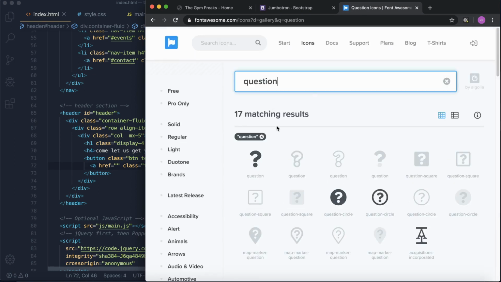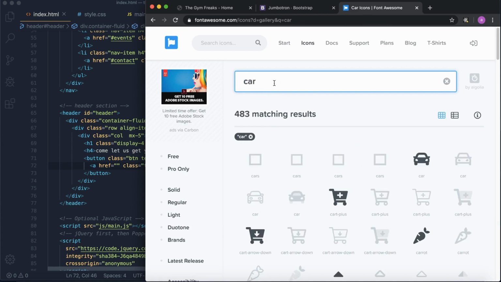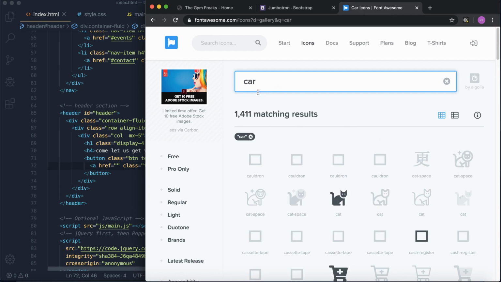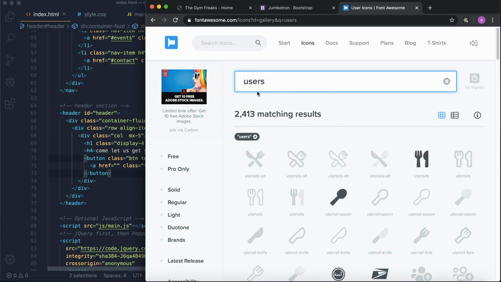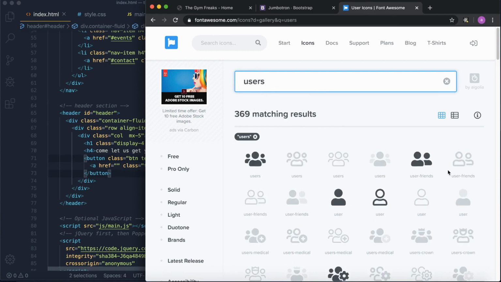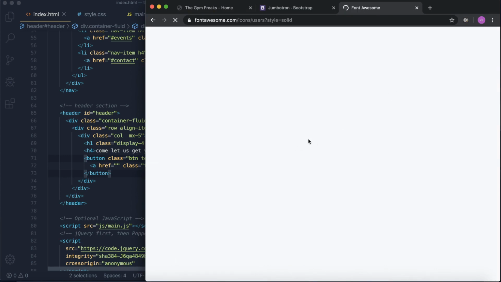Question wasn't a good idea, but yes, it worked. So we have a question mark over here, so you can search something like car. So you can search whatever you are looking for. Now what you are looking for is the users icon, so I can search for users, and see what I get. So you have all these icons to choose from. So I can choose this one. Once you choose it, you have